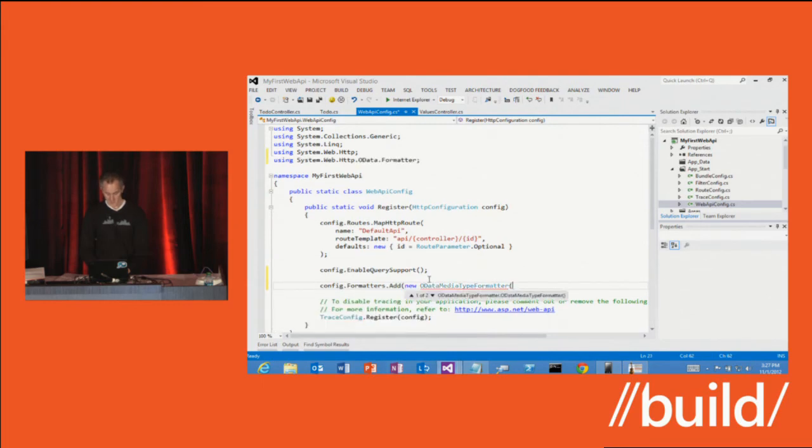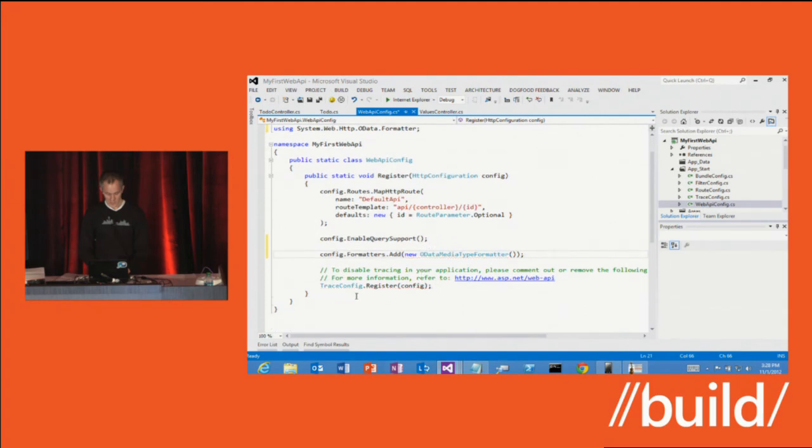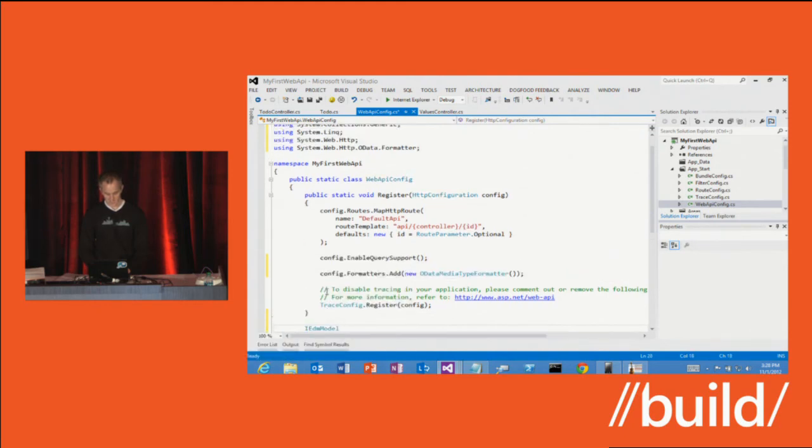So there. Now this is going to require that I hand it an EDM model. So I need to build one for my Web API in this case. Now Web API in general doesn't enforce any particular resource model. But now that I'm doing OData, I need to provide one. So let's build up an EDM model. It's really easy to do, actually, because we provide you a convention-based builder. So I'm going to do IEdmModel, GetModel.